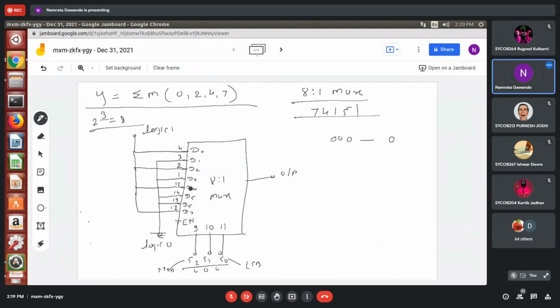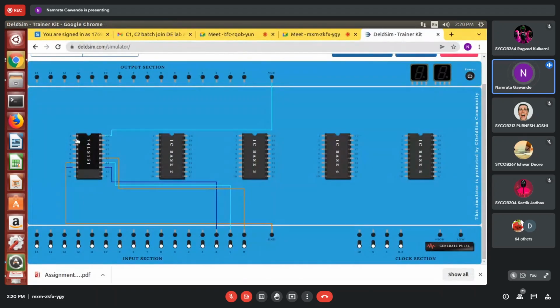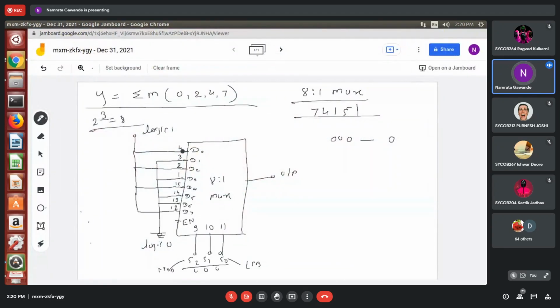After that, the data inputs. Now in the data input, the minterms are present, we have to connect to logic 1. So accordingly, you have to make a connection for D0, D2, D4 and D7. They should be connected to VCC, means logic 1. So D0 means which pin? Pin number 4, right?